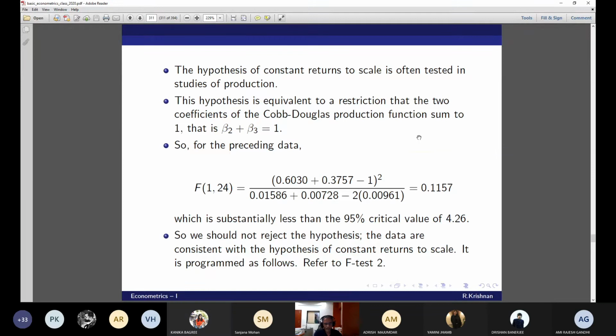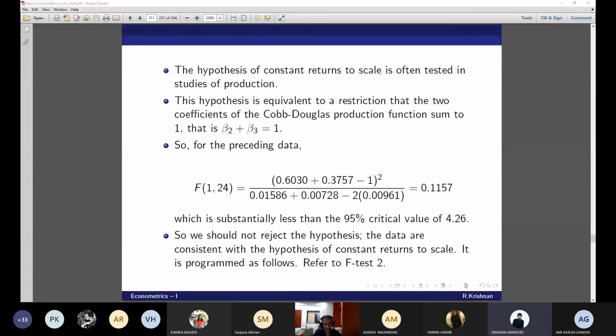Now you understand how I have done that? Sir, here we are just finding the F because it is 1,24. That is why we are using this T squared. You can find the T stat also. I'm going to ask you next to find the T stat. Okay, sir. That also I found. Where did I get this 0.00961? Can you see the table? And how I got this 0.00961 minus 0.00961? It is the covariance. Yeah, it's available.